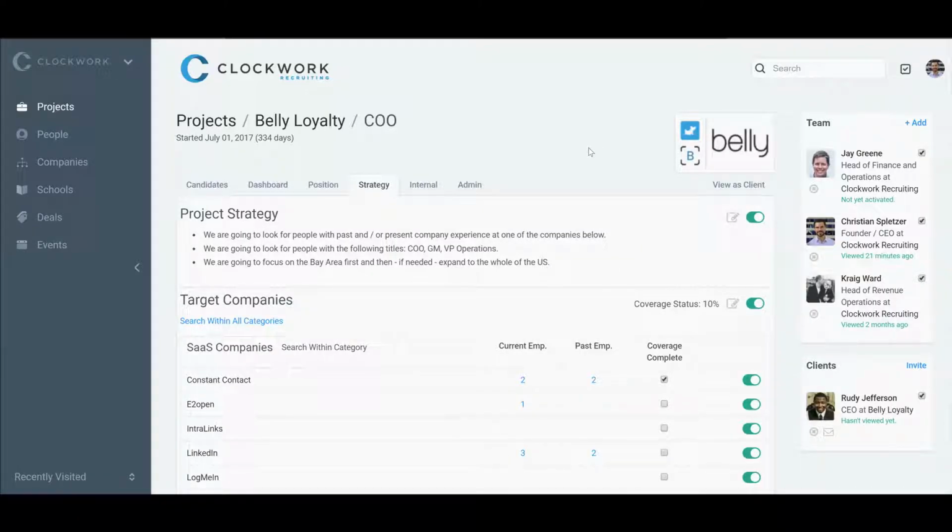We're looking for people, past and present experience, the companies below, titles, locations. It's company experience, it's titles and locations. That's the strategy that you're going to define with your client. This is going to set you up and set your research team up for success, because this is where they're going to go once your client has signed off on this to go find the people and put them on